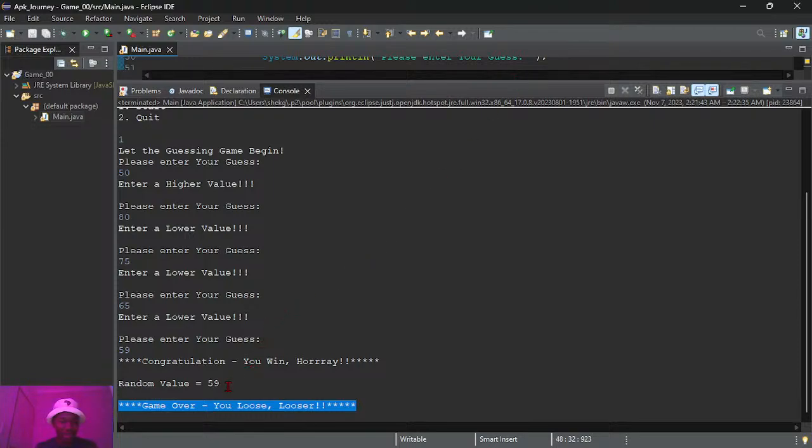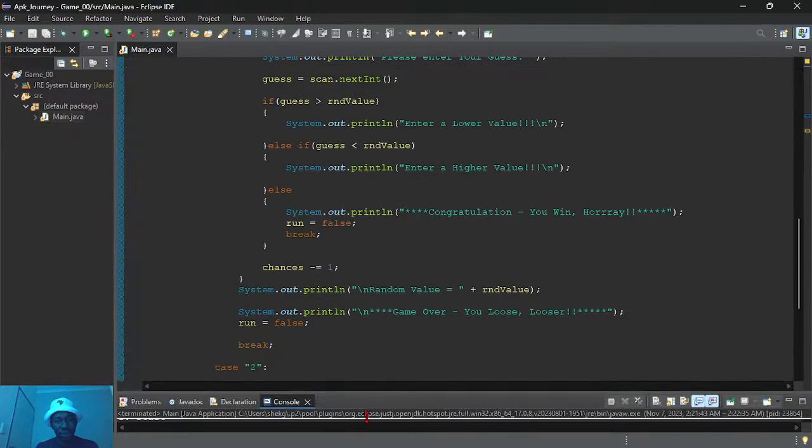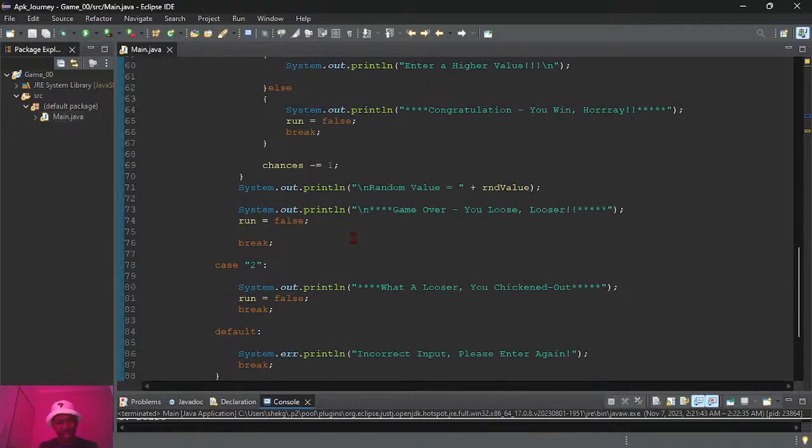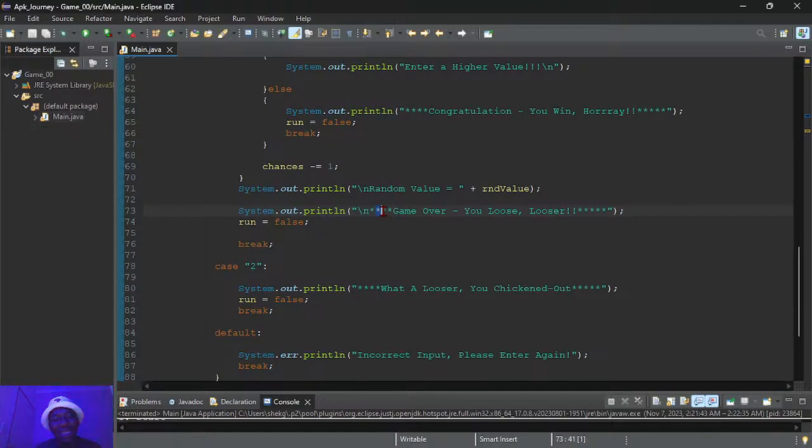But the important part is this one here. The reason why it's doing that, because there is no... what's the reason then? It's not supposed to show this.